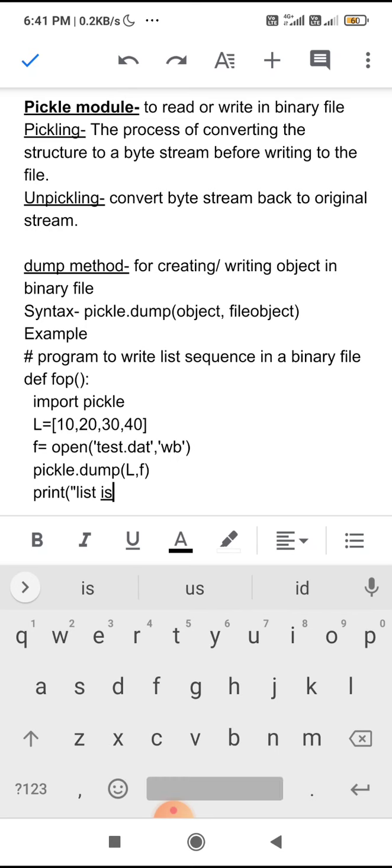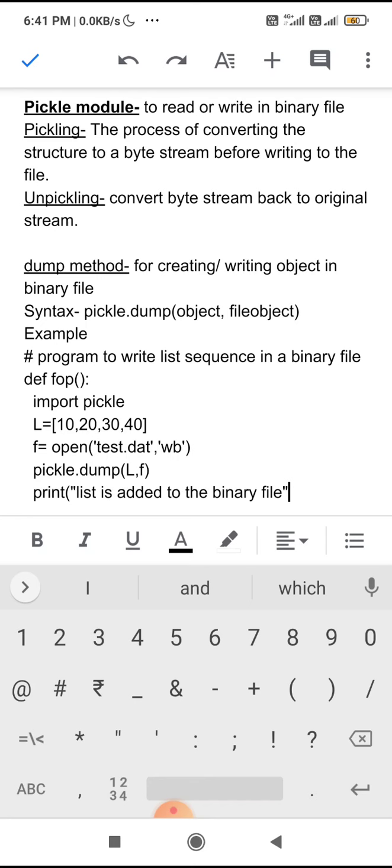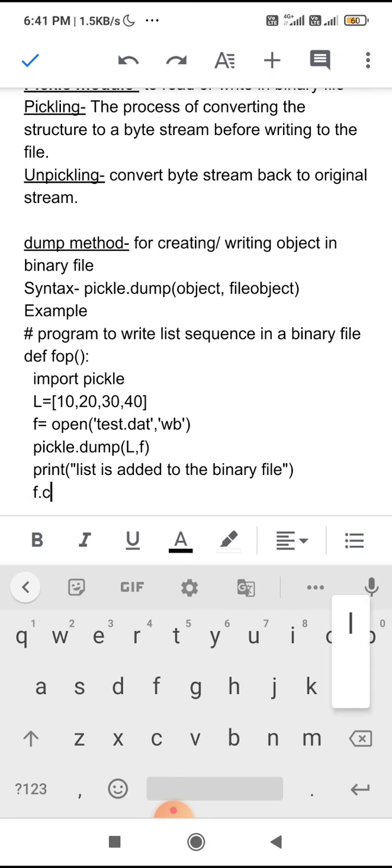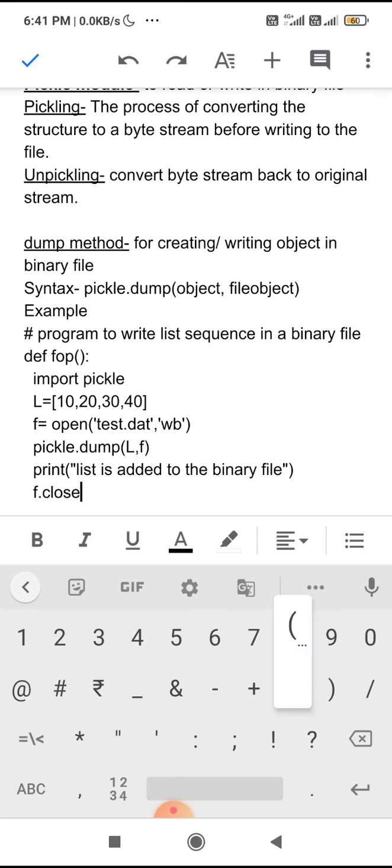List is added to the binary file. In this way, I can write data in a binary file. Then f.close(). So in this way, we can write data into the binary file by using the dump function.